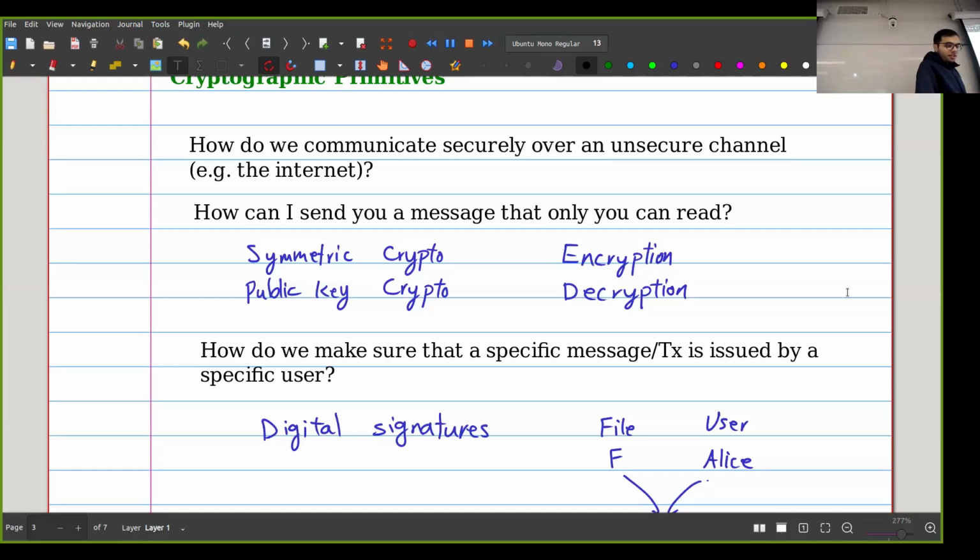And of course, the solution to this is to use cryptography and to first encrypt the message. So I have to encrypt it in a way that makes sure only you, the intended recipient, can decrypt it, and then I send it to you and you will decrypt it. Now, this is a huge part of this course. We will talk about how to create encryption and decryption mechanisms.